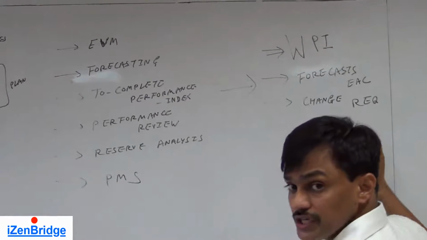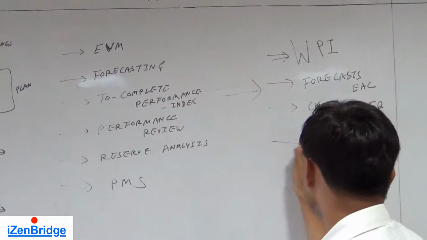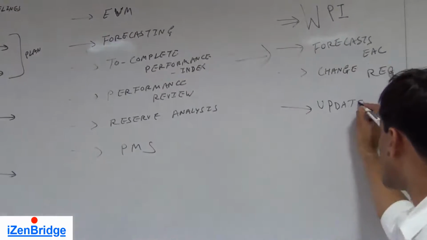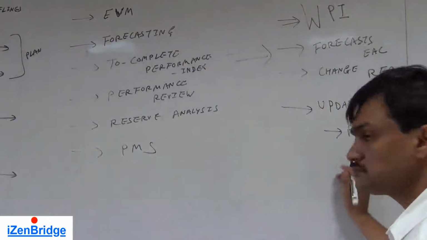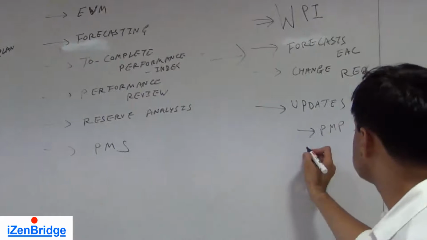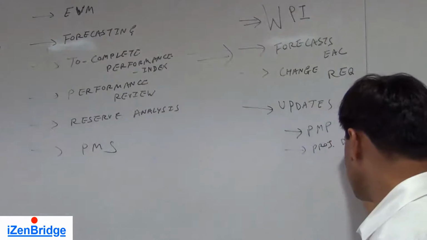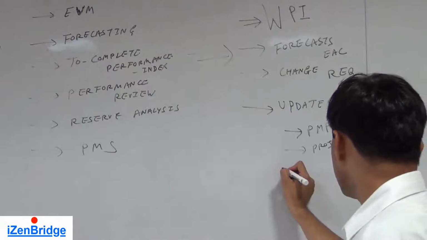Along with these three, it will also do some updates. So what all updates can happen? Project management plan: you may have a new baseline. Project documents like risks, activities, etc. And